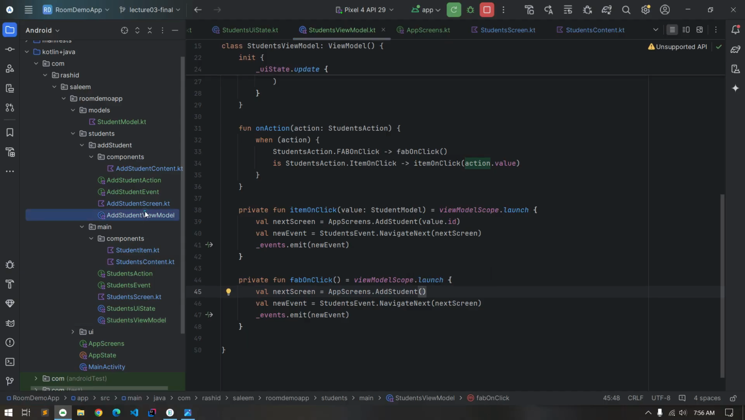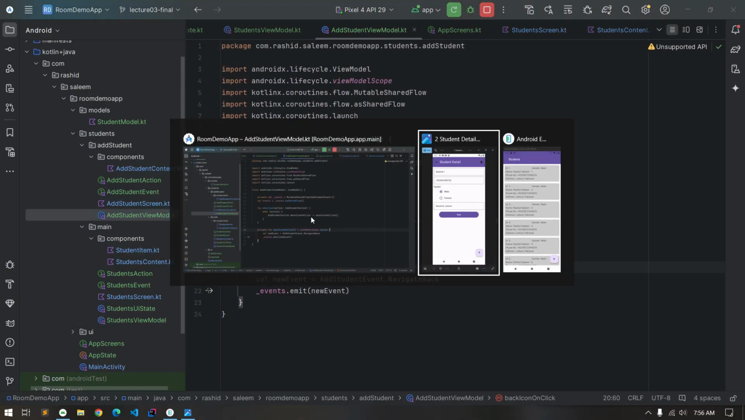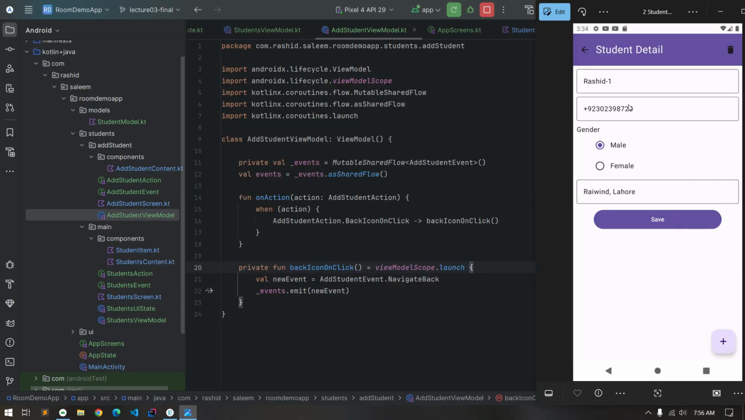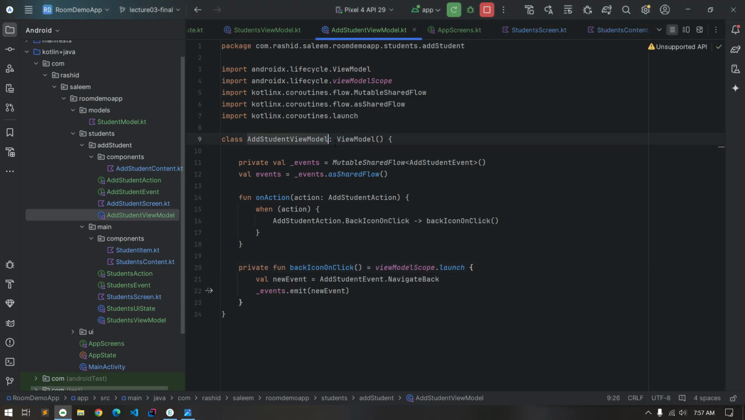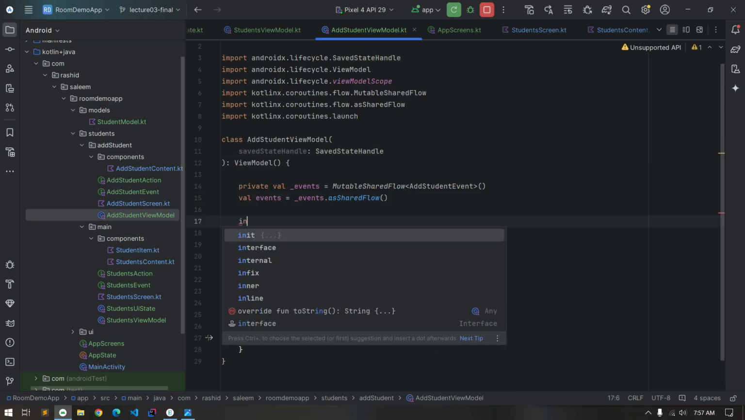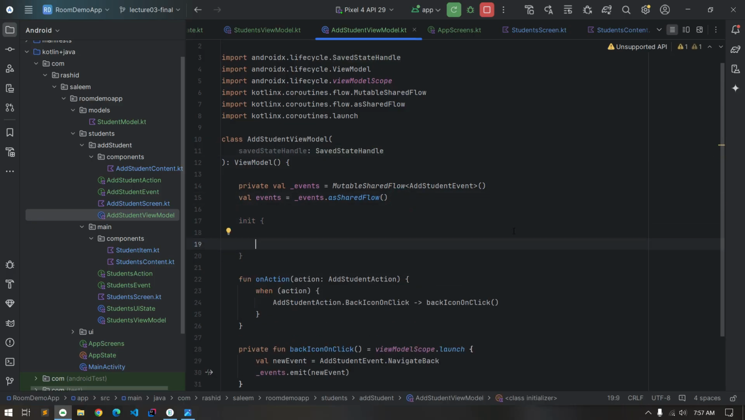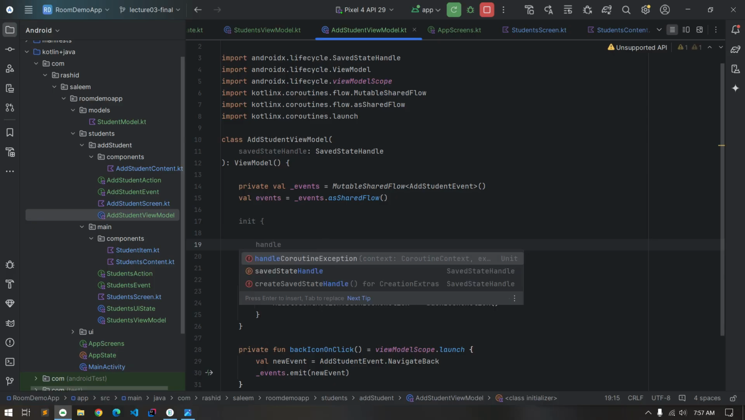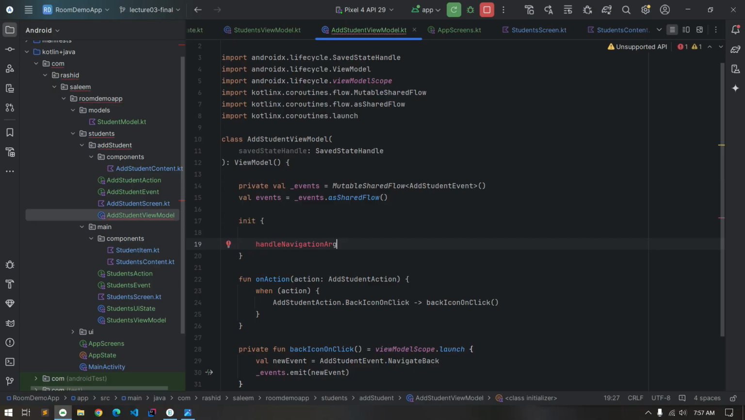And now we will go to our add student view model, and when the user lands on this student detail screen, we want to retrieve that argument from the URL or URL path of this screen. So for that we will inject saved state handle in our view model, and in the init block we will do the operation here. Let's make a method named handle navigation arguments. We will create this method,